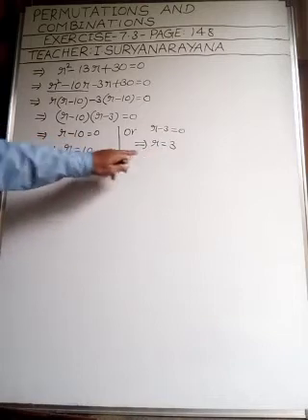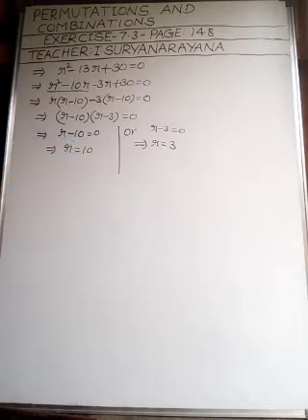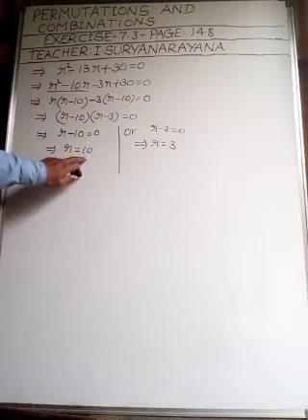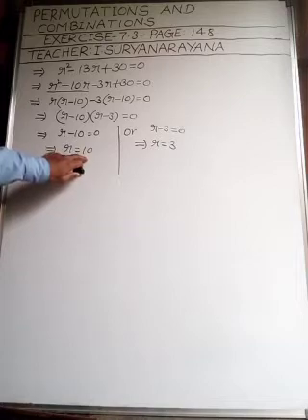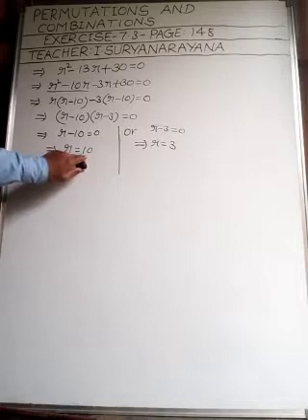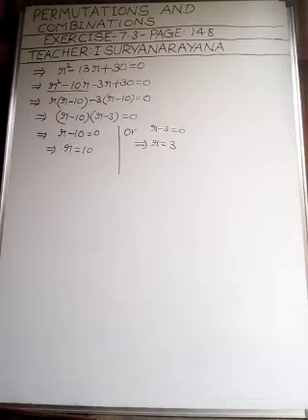Okay, my children, we got here two values for r. But in this question, 5Pr is there. So the downside number, the subscript, should not be greater than the beginning number, the first number. So r value should not be taken here as